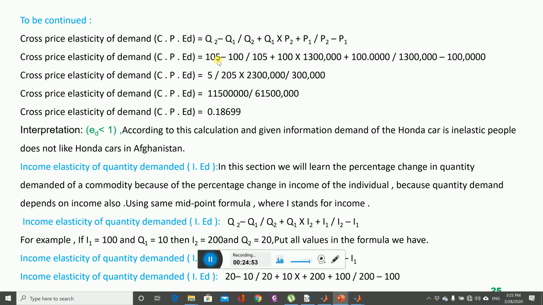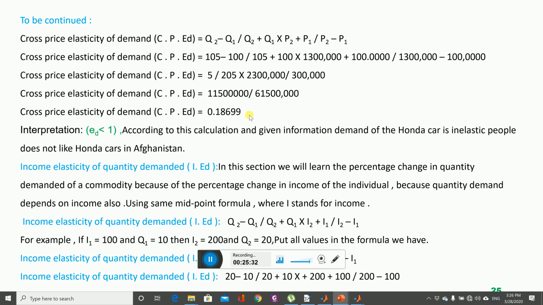Second quantity is 105 minus first quantity demand 100, divided by 105 plus 100, multiplied by the second price 13 lakh plus the first price 10 lakh, divided by 13 minus 10 lakh. When we manipulate, 105 minus 100 is equal to 5 and 105 plus 100 is 205, multiplied by 13 lakhs plus 10 lakhs, 23 lakhs, divided by 13 lakhs minus 10 lakhs, which is equal to 3 lakhs. When we calculate, we find out